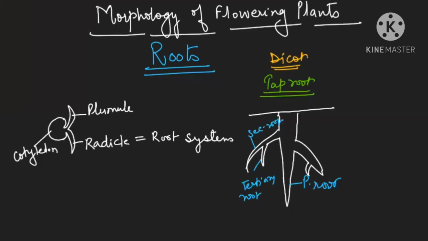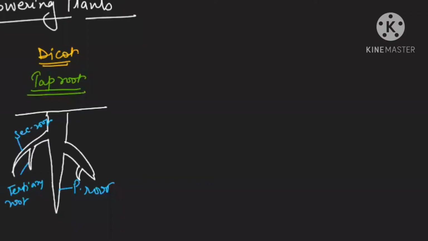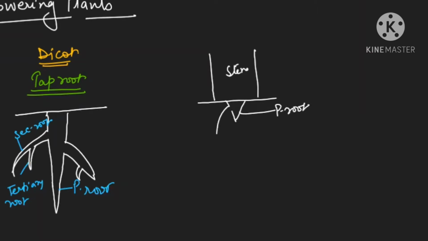Now see another type of plant. Now check the board. This is your soil and this is the primary root, which is short-lived. Okay, the primary root is short-lived and this is your stem area. This is the stem and this is your primary root. Now the branches are coming from it. Check the diagram carefully, you're finding this is the secondary branch. Okay, then it is your tertiary branch. So I think the branches are overtaking the primary.